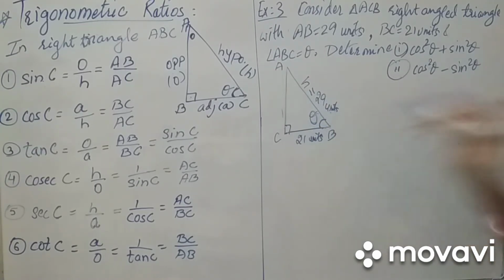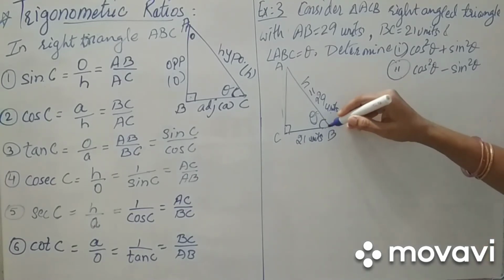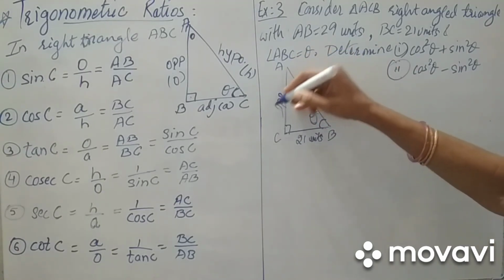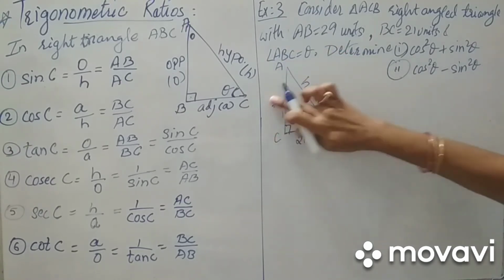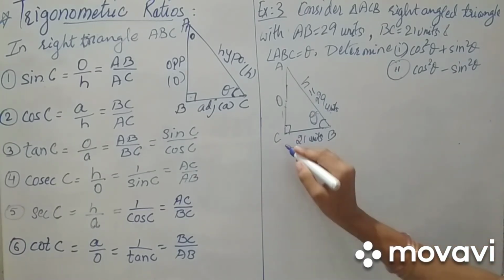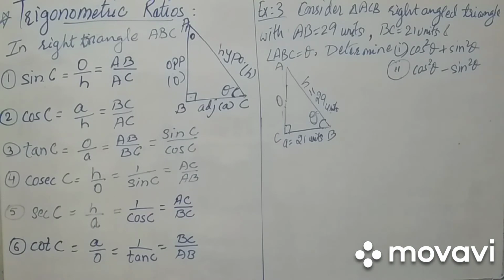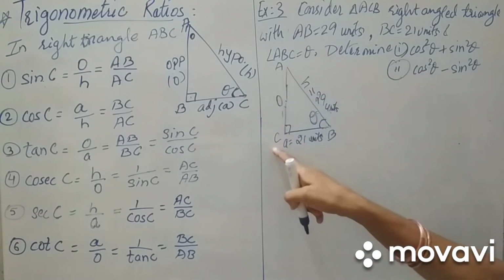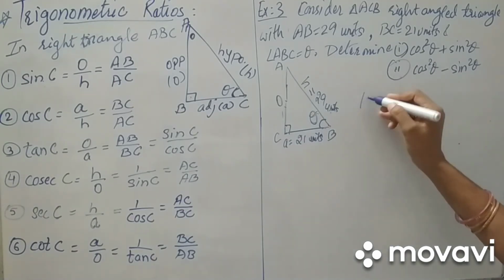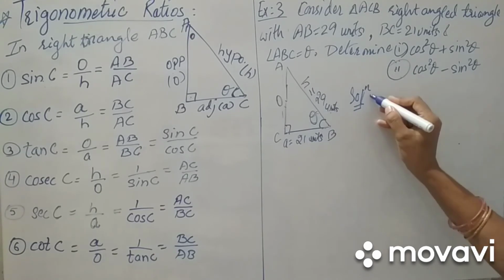So, standing at point B, we will label which is my opposite and which is my adjacent, so it is convenient and easy for us to solve. Standing here, AC is my opposite side, so I will write it O. Secondly, BC will be my A. Now, we need to find the AC value, which is not given. How? Pythagoras theorem.